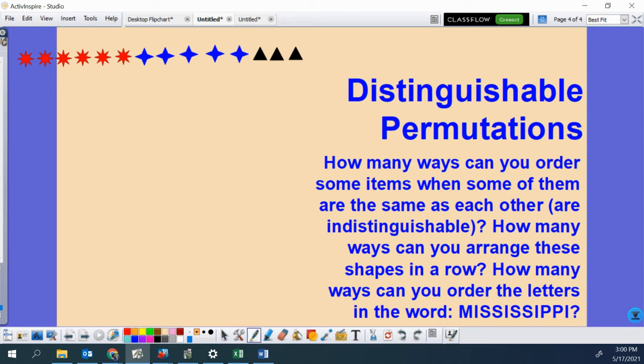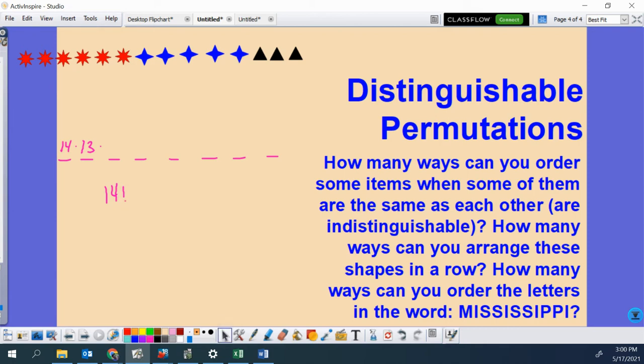So, if you just think permutations, you might think like 14 factorial, right? You have 14 items. How many choices do you have for the first slot? 14. And then for the second slot, 13, and so on, right? The problem is, if you just do 14 factorial,